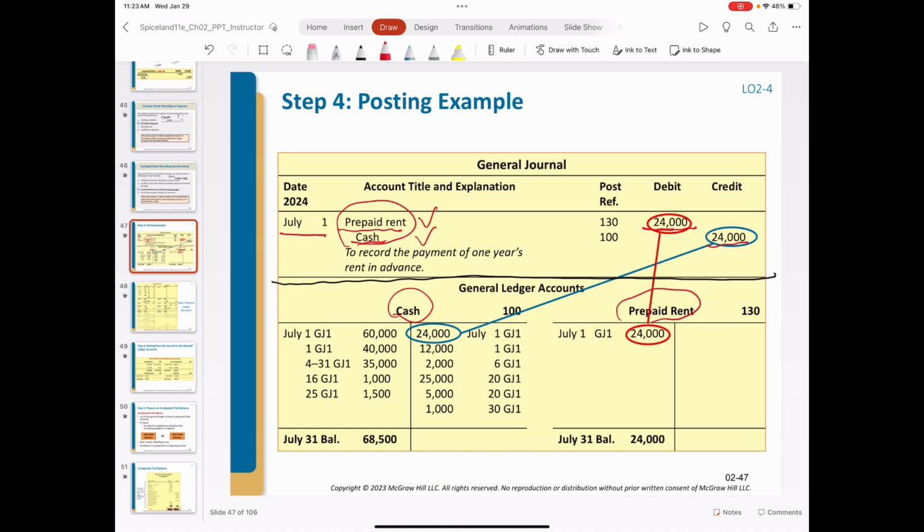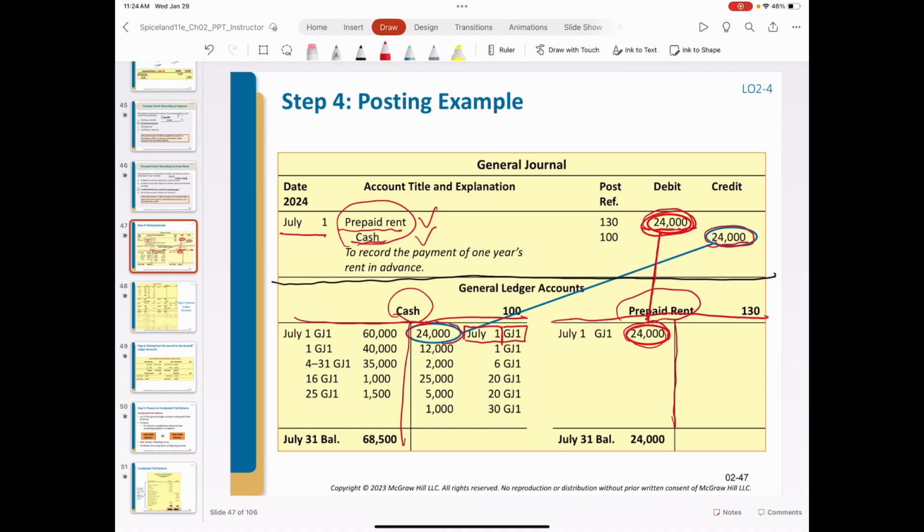So we just locate cash and prepaid rent in the general ledger. Posting basically works like this: for prepaid rent, because we debit this account in the journal, we just put the number on the left side of the prepaid rent account in the ledger. Because we credit cash, we put the number on the right side of this T account, or the credit side of the T account. Also, we have the dates